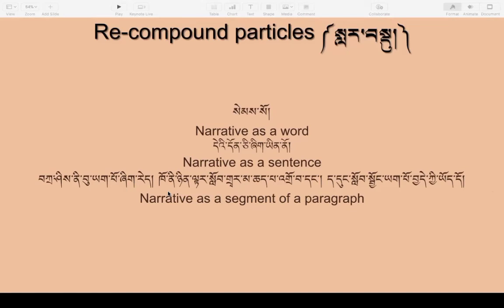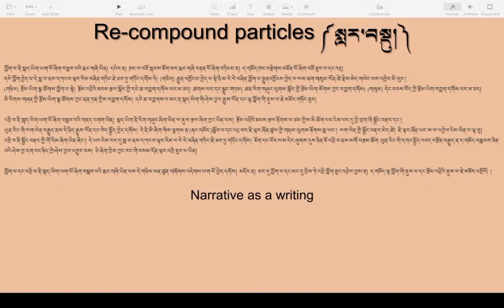Then you write about the 11 recompound particles with examples and everything. And then you say, okay, this is the segment where it's only about the 11 recompound particles. And then at the end, you just use any one of those 11 recompound particles to say that this is one segment, one section. Or if you're willing to write more,